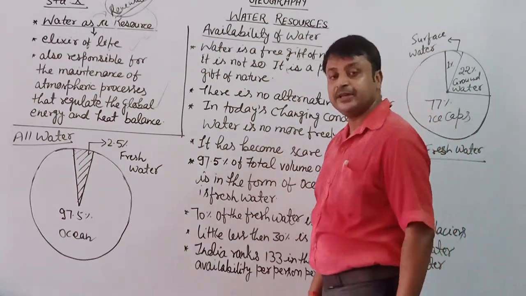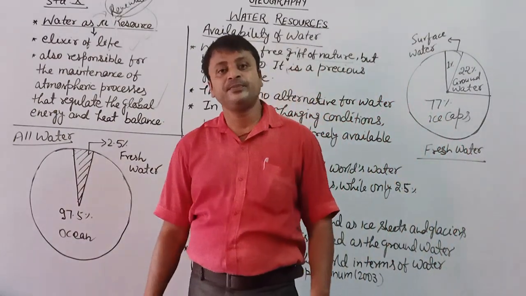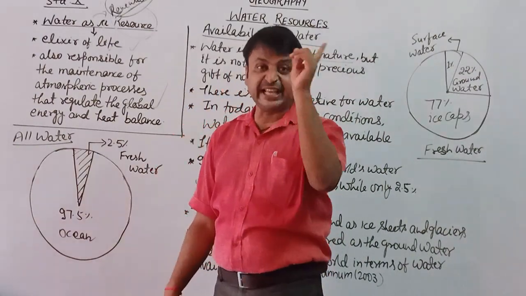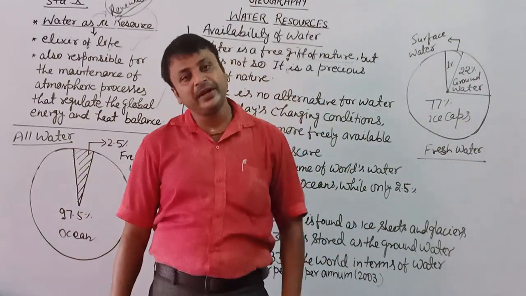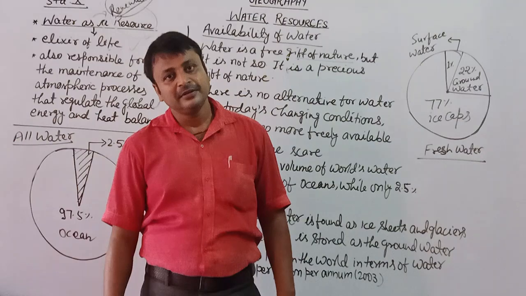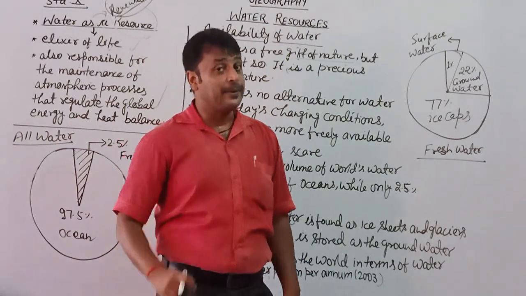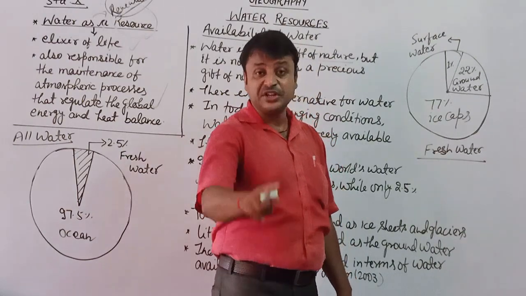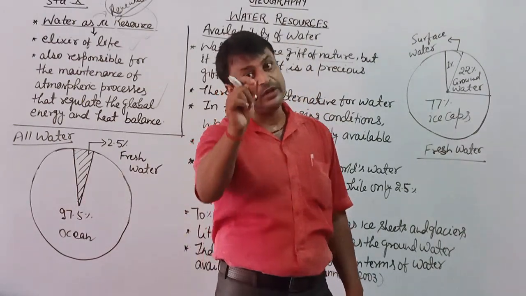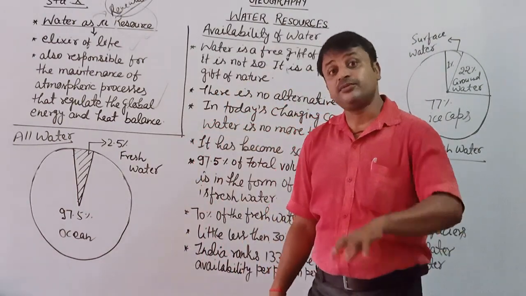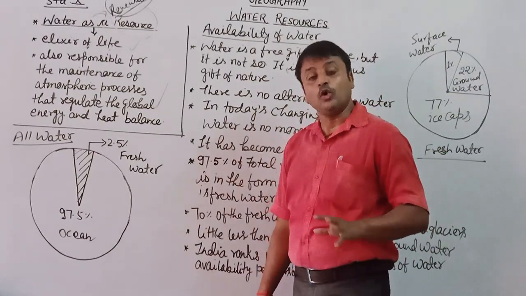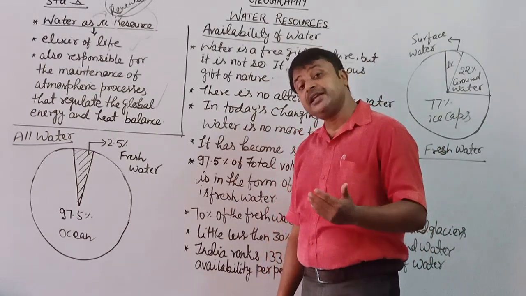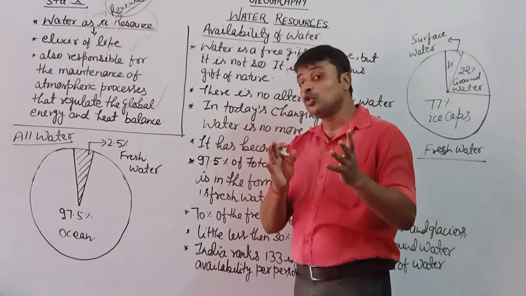तो फ्रेश वाटर मौजूद है रिवर्स के रूप में, ग्राउंड वाटर के रूप में, आइस कैप्स के रूप में, ग्लेशियर्स के रूप में. फ्रेश वाटर. लेकिन हमारे लिए कौन सा वाटर अवेलेबल है? ग्राउंड वाटर, रिवर वाटर. That is what is the source of fresh water. तो देखिए फ्रेश वाटर और ओशन वाटर, यानी जिसको कहते हैं क्वांटिटी और क्वालिटी, इस दोनों को समझने की कोशिश